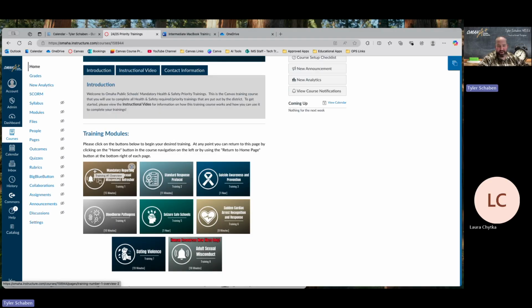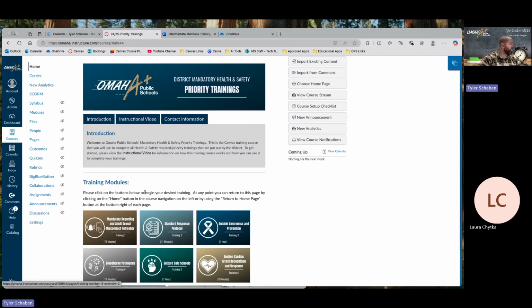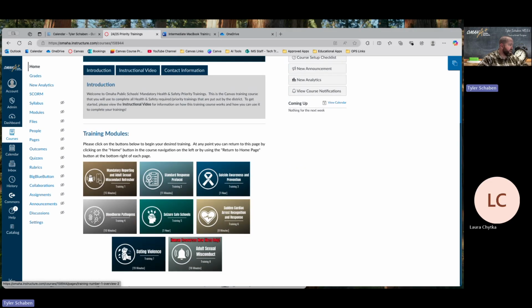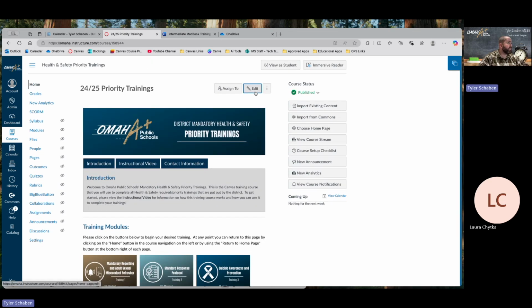But if you come down here, you'll notice that I have buttons for my modules. Now, what this means is you can click on the button and it brings you to it. Now, my other option would be just to place a link. But if I did that, it can sometimes be easier to lose. So if I just have a little link right below here, it might not be as easy to see as a button. And when I say a button, what that means is what I did, if I go to edit up here,